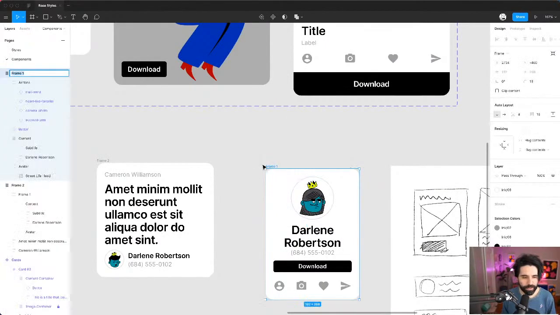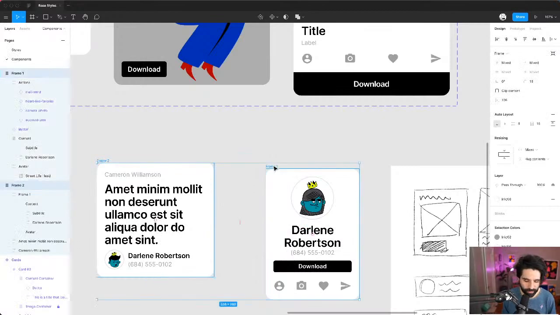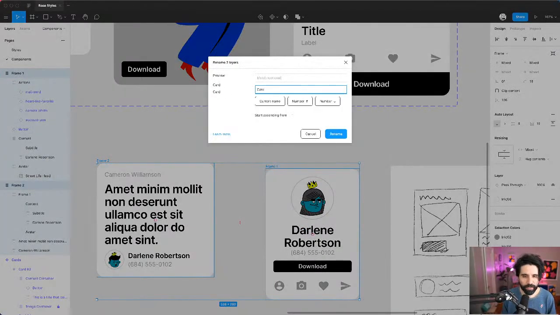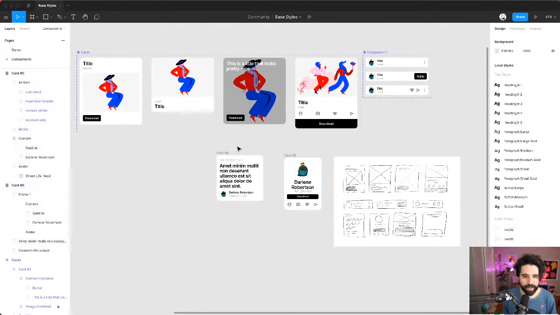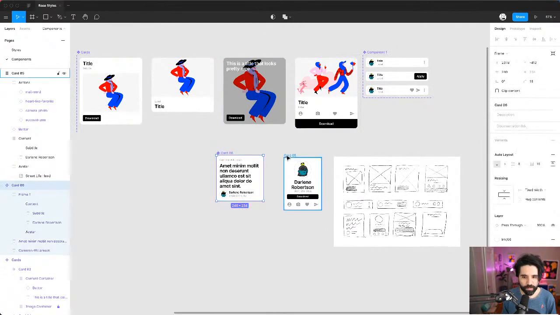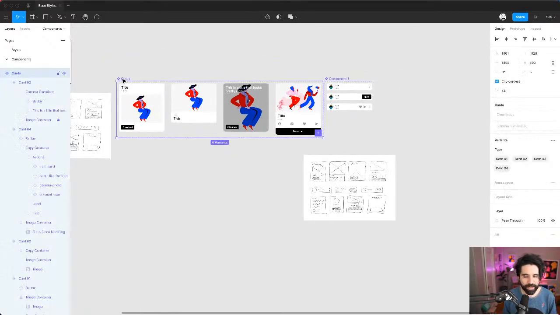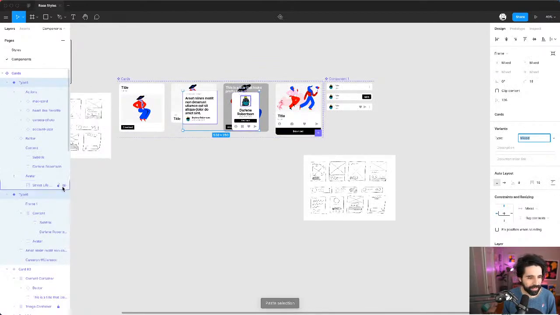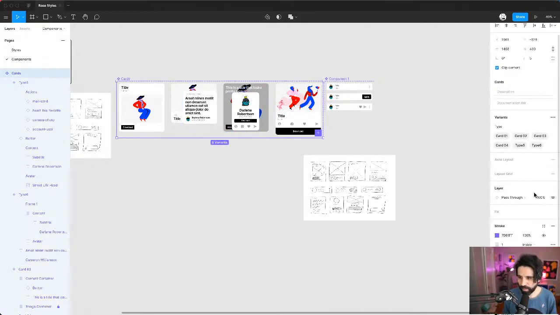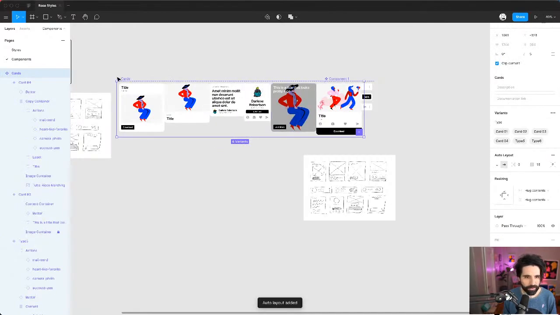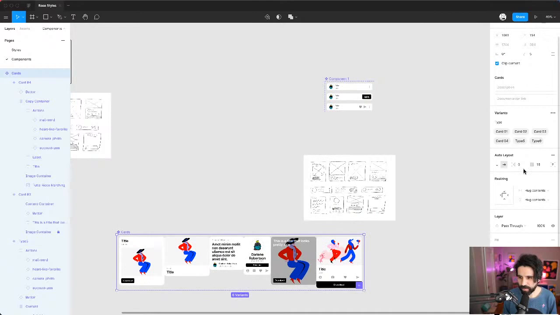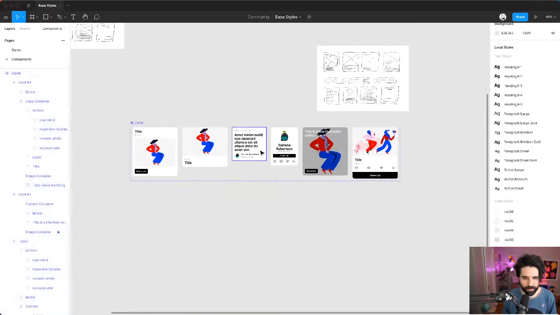let's call this one. These ones, what are we gonna call these ones? Are we gonna call these cards also card, and also number, and maybe it should start from 5. Why? Because I want to put them here. So card and card. And let's say, can I just cut and paste inside here? Did it add it as another variation? I wonder if it did. By the way, we can add an auto layout here. Let's add an auto layout. Let's add some spacing between these elements. And let's see, so what happened? Is this,